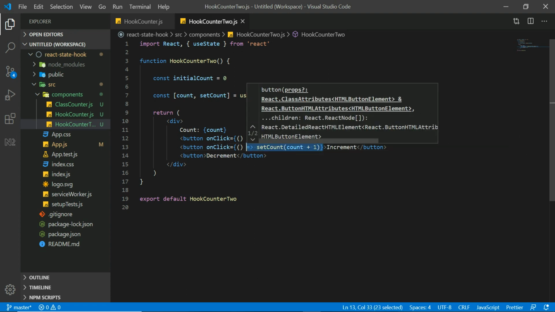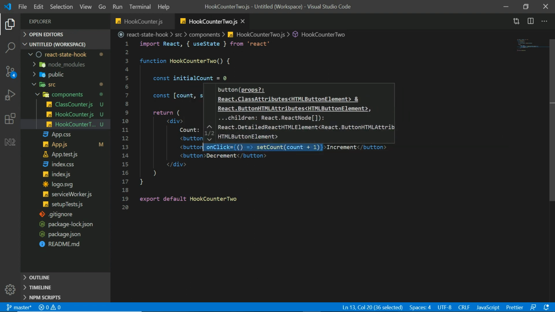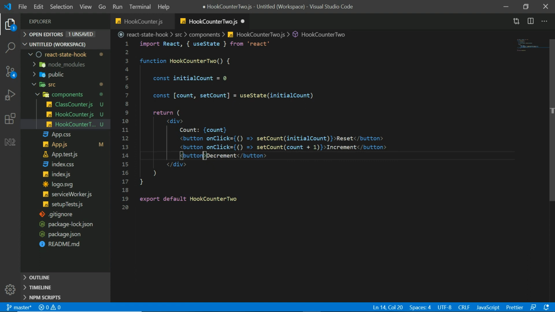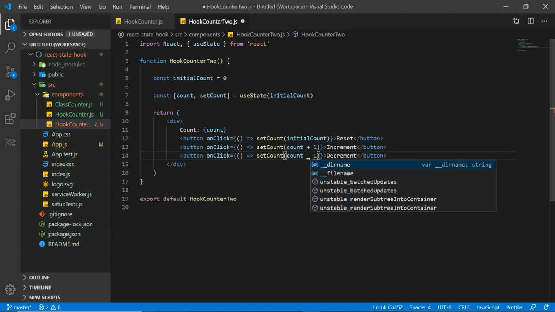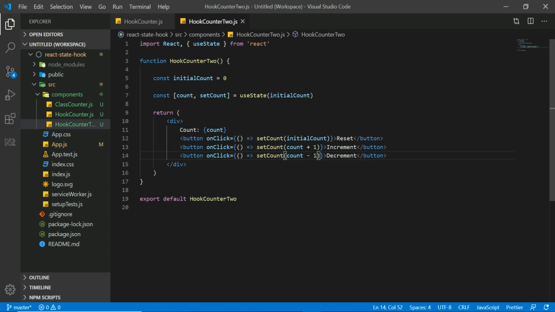Similarly for decrement, we need to change plus to minus here, so that it will decrease the count value by 1.